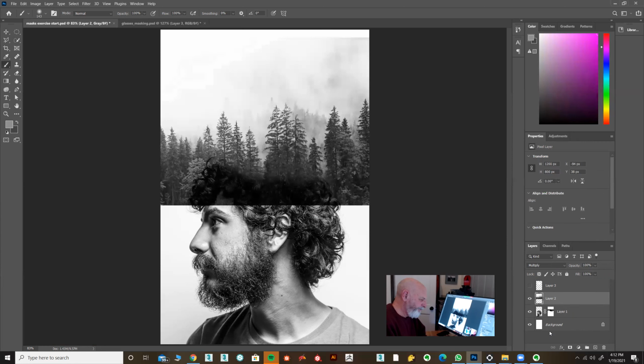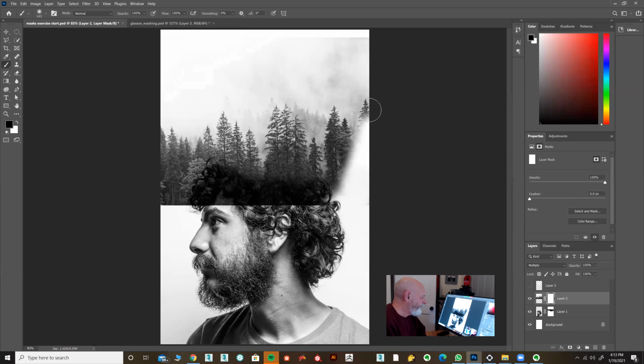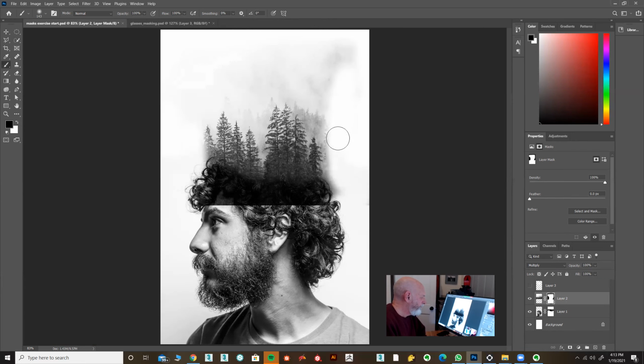Okay, then I go to the pine tree layer, throw a mask on there. Let's get rid of this stuff out here, stuff on the top. Will this be cool or not? I don't know. Get rid of the bottom. So the pine trees are just